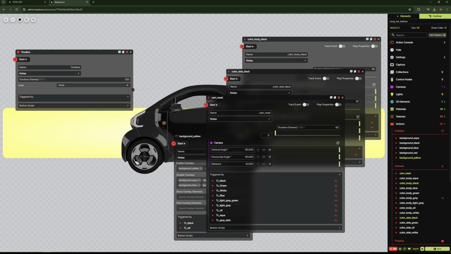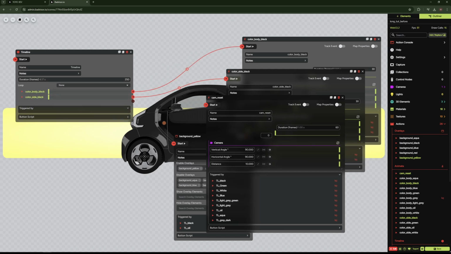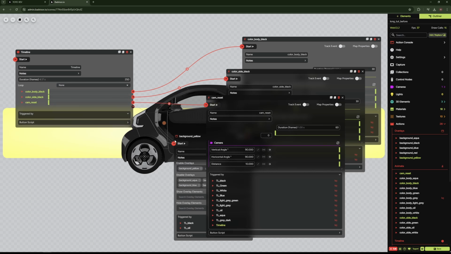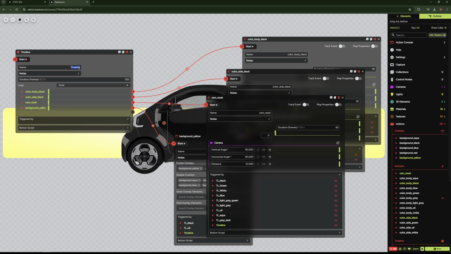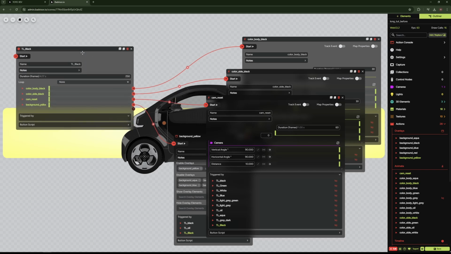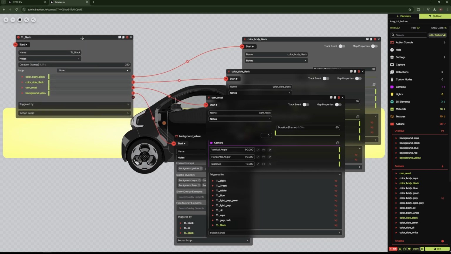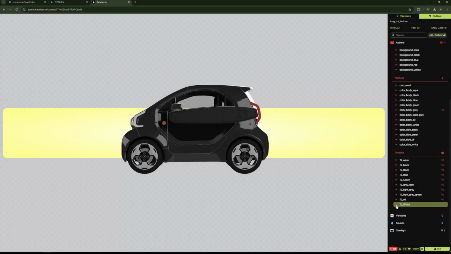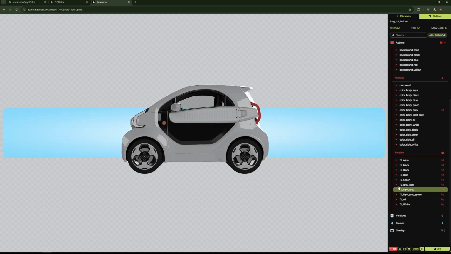With the help of this node, I can trigger all my other actions at once, or I can also arrange a time of triggering by moving the slide and setting a time frame. I will now rename the timeline to its corresponding set, and note also that the camera reset needs to be connected on each timeline. Now, I will create the rest of my timelines for all the colors. Now I have all the timelines created, but